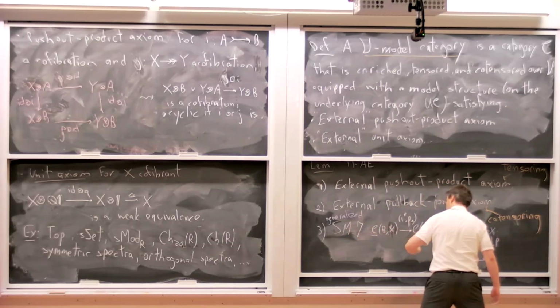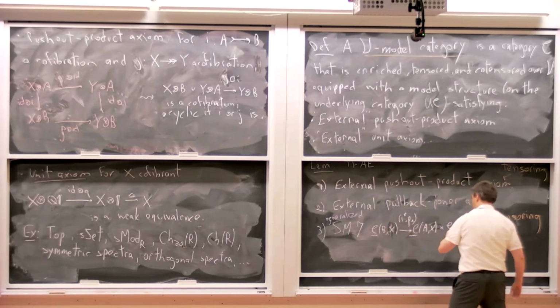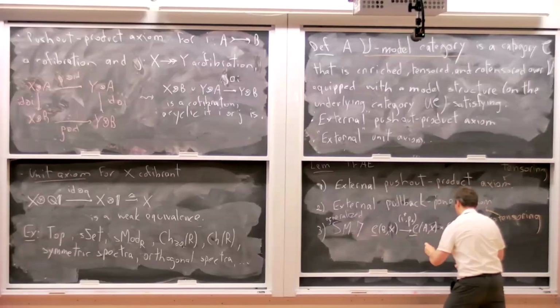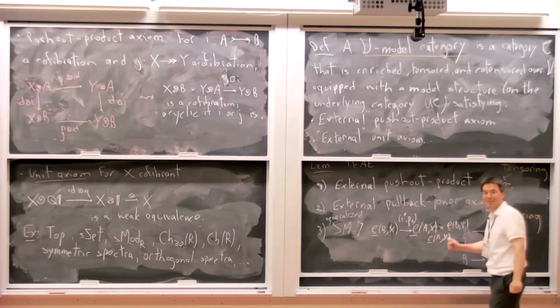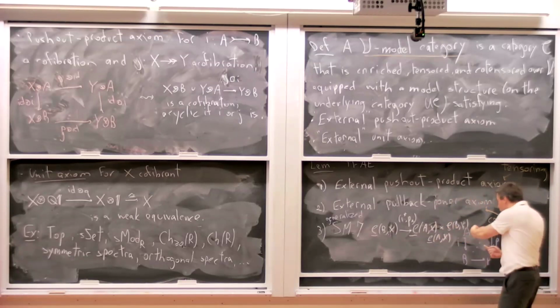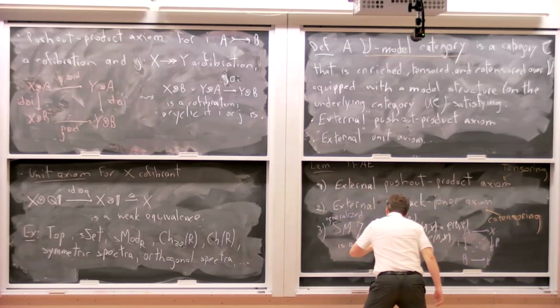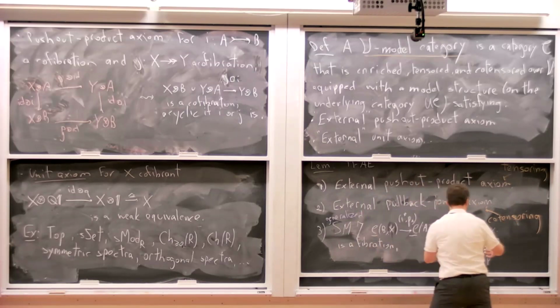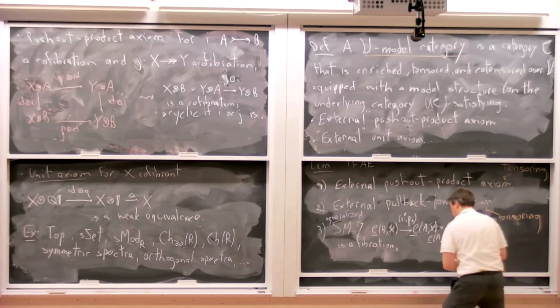So compose with P. Look at this pullback. This pullback right here is exactly the space of lifting problems. It's giving you two maps like that that make the square commute. And this is a fibration, acyclic if either I or P is. So my I was a cofibration, my P was a fibration.